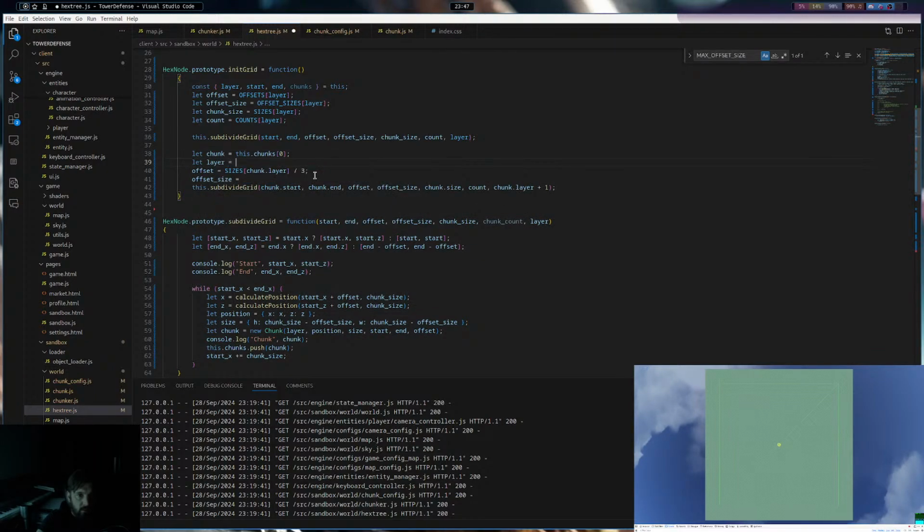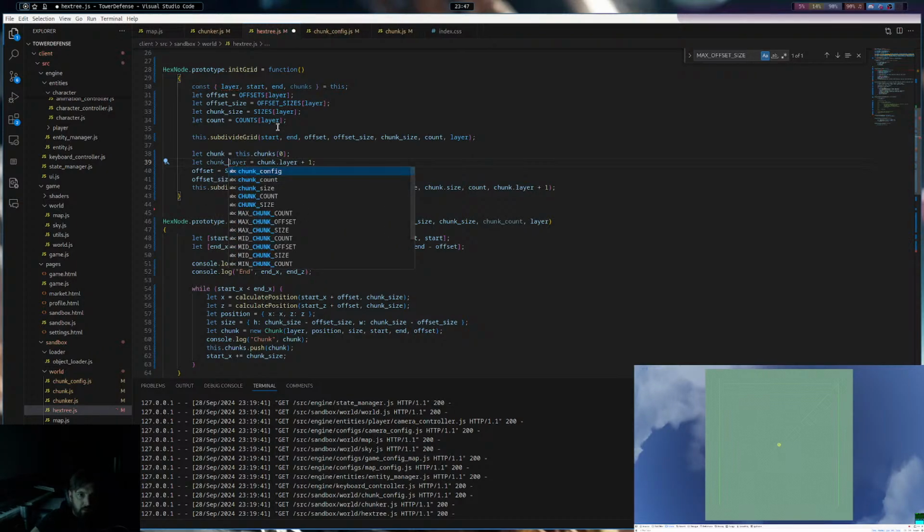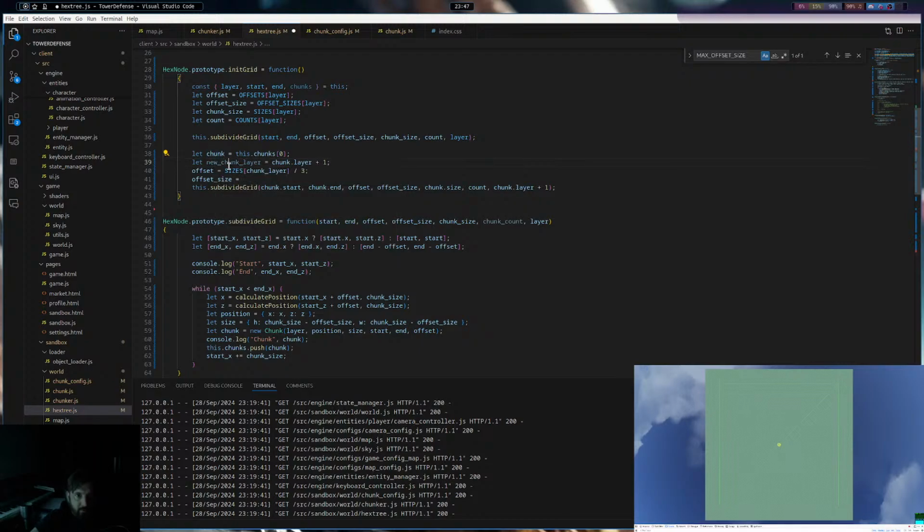Let layer equal chunk, let chunk layer equal chunk layer plus 1. This is the new chunk layer. Let's be explicit so we don't get confused, because naming is important.